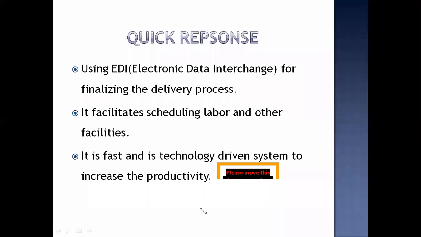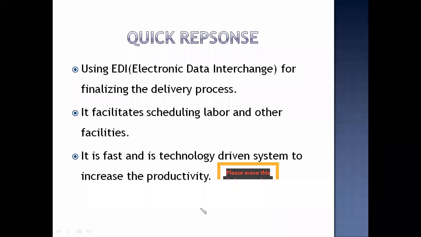So under quick response system, what happens when the customer is placing an order? Here customer means the retailer or the wholesaler or the company. When they are placing an order for replenishment, replenishment means for bringing the goods, the supplier, with the help of electronic data interchange or with the help of EDI, will finalize the delivery details and communicate to the customer. And why is this done? This helps in making the arrangements properly. This also reduces unwanted confusion and will help to improve the overall cost.